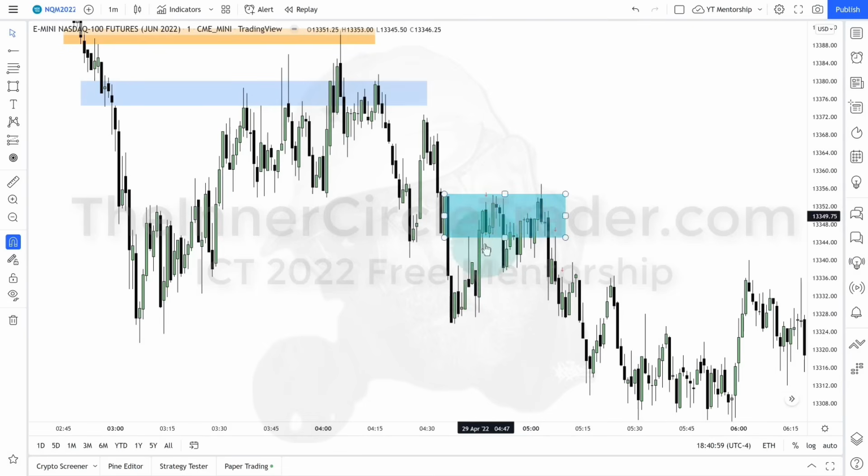All right, so the market rallies up. It stabs above the order block here, but it's just the wick. See that? The bulk of the volume and the bodies of the candles are inside that order block. Then the market does what? It breaks and shows displacement here. Remember what I said about this pattern here? Relative equal lows, it breaks down and it goes back to a fair value gap. Here it is again: relative equal lows, displacement, fair value gap. What does it do? Go right back up into what?